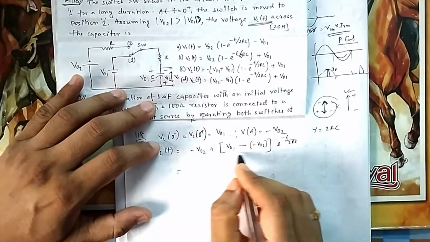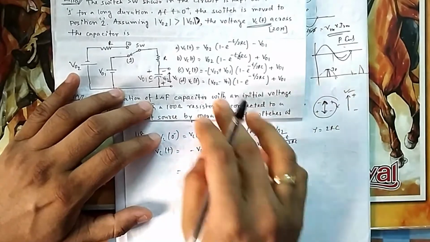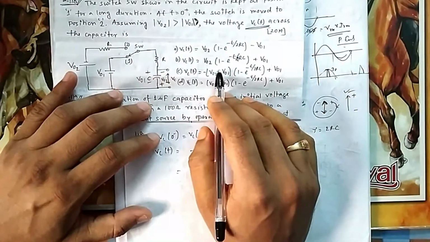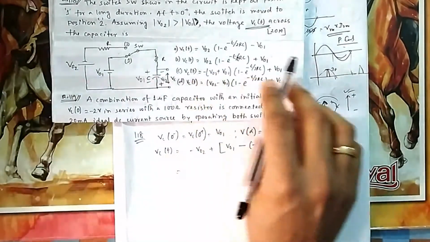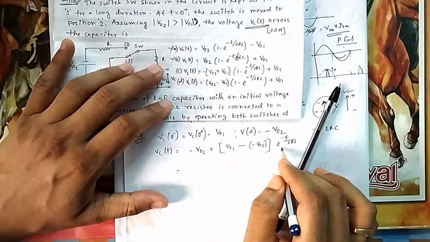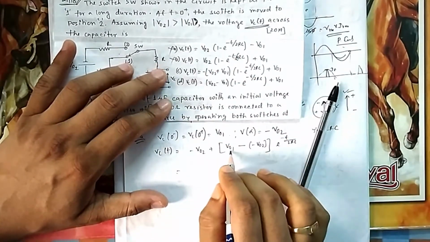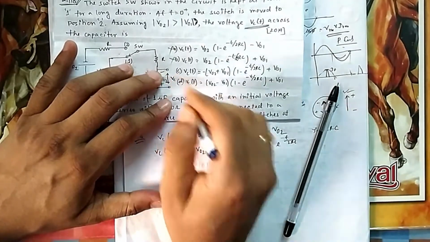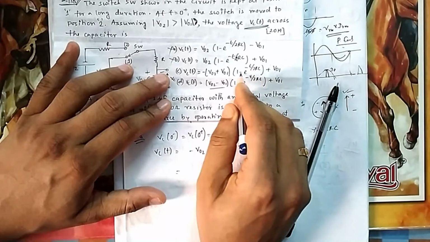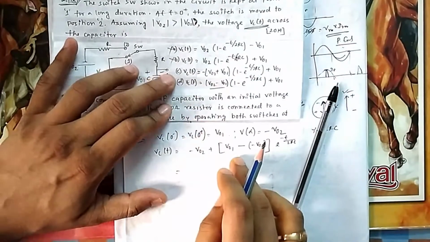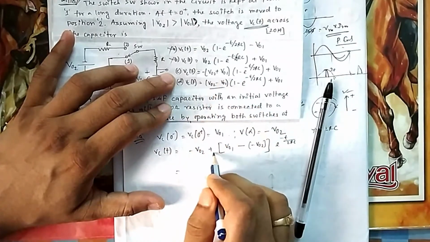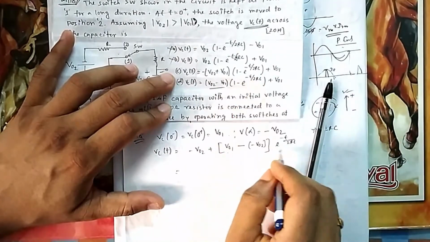It is V0 plus V1, V0 plus V02, V0 plus V02 into e to the power something. If you take the product, e to the power t is only with V02, so this will not be the answer. E to the power minus t by tau, RC, it should be with V01 plus V02. Here e to the power minus t by RC; because they have written it in a different format, the minus will get cancelled and it is plus V01 plus V02 e to the power minus t by RC.